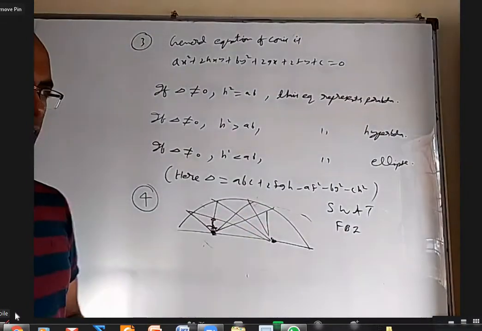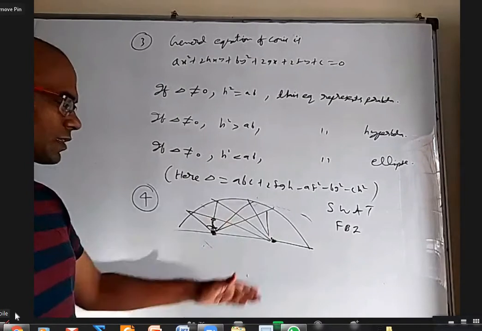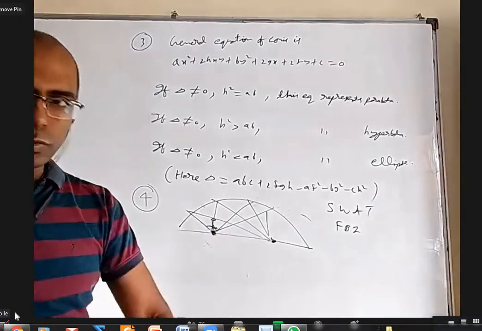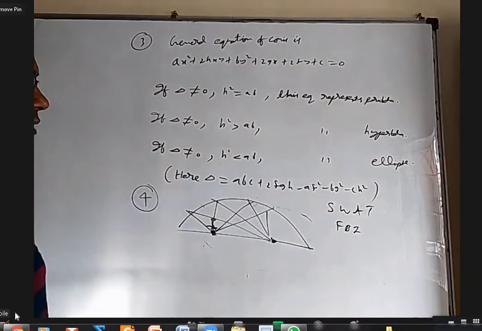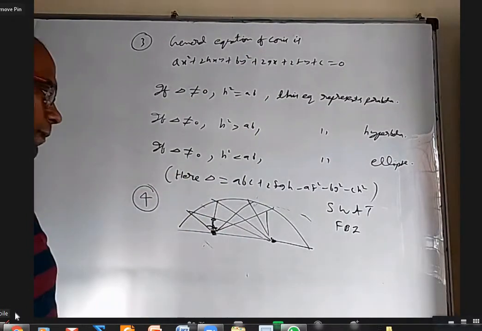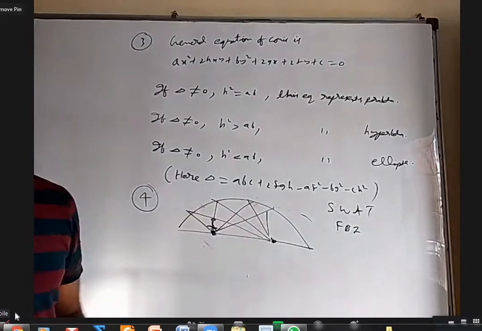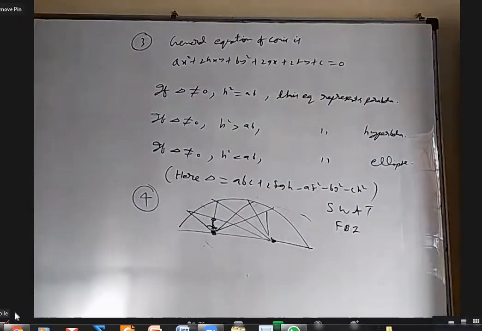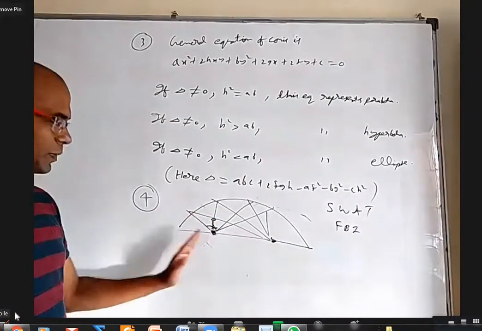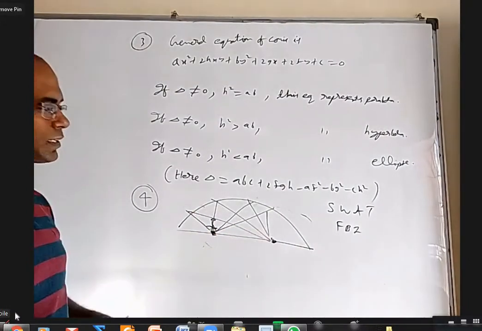I'm sure even Golconda Fort and other forts which have some kind of acoustic properties are related to some part of the conic section. Of course, they are not at one place, not at the same level. One time you speak here and the sound is audible in another place, so they have ways where the sound will travel without much loss. All about acoustics. But one of these headquarters buildings has this kind of thing: there are two points where you speak here, you can listen at the other place very nicely.